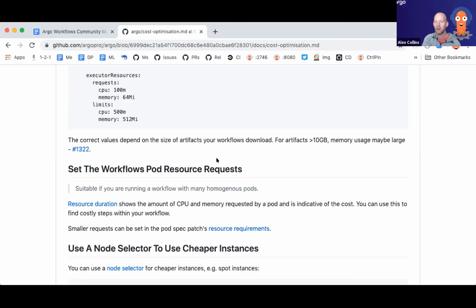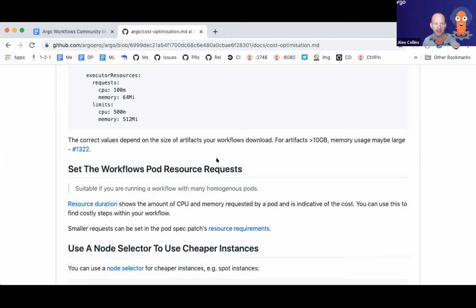So a pod that requests 4 GB of memory that runs for 1 minute is using kind of the same total memory as a pod that requests 1 GB but runs for 4 minutes.